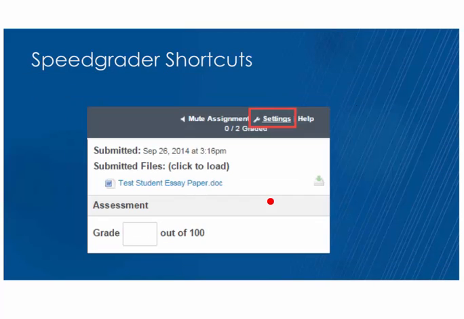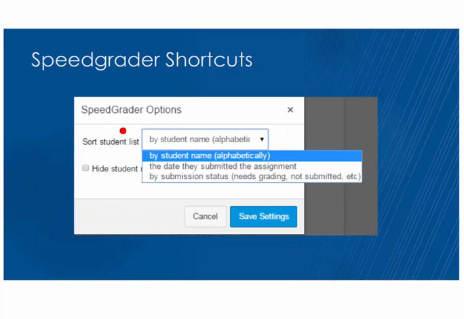Another way that you can use SpeedGrader to speed up the process is up in the very top right, where you'll see a settings button. If you click on that, you can choose how you want to sort your student list. It might be that you want to go alphabetically, and that's the default.